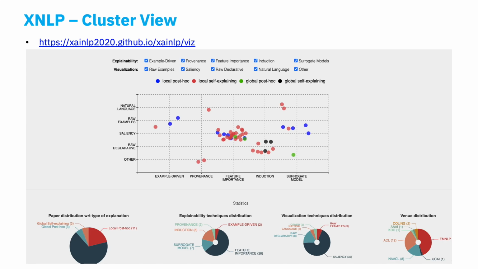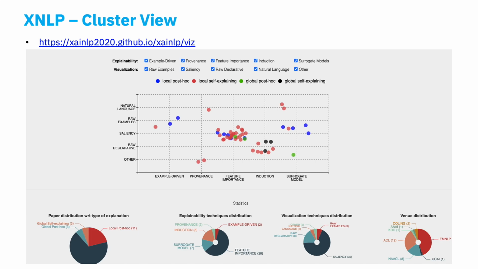From this screenshot, we can clearly see that about 30 papers, which is about 60% of the papers that we have included, used the combination of feature importance and saliency as their explainability and visualization techniques. Also, we can see that all global self-explaining methods, that are all the black dots in this chart, use the combination of declarative representation induction and the raw declarative representation as their explainability and visualization techniques,